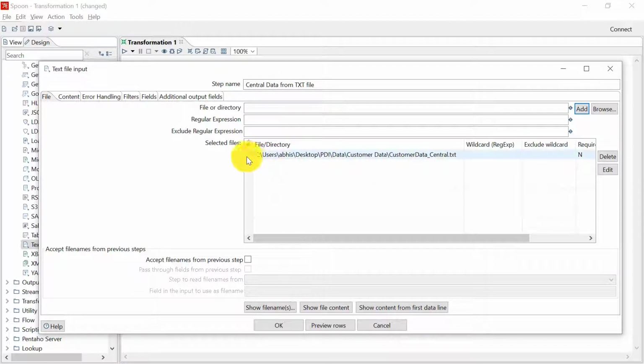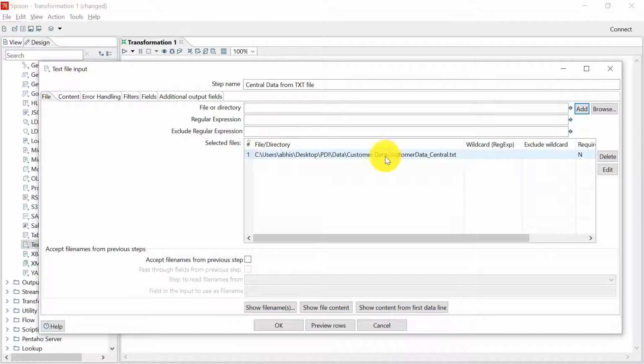The idea of having a separate selected files window is you can add multiple files by browsing and adding them. And if all of these files have the same structure, that is the same fields and the field types, all of that data will be imported simultaneously.